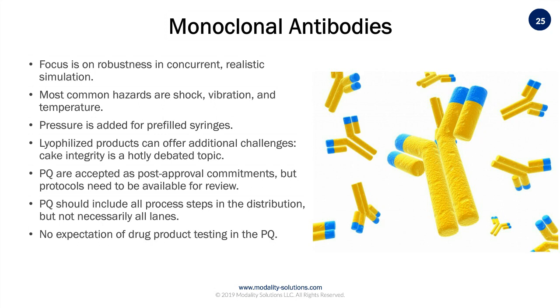The most common hazards we test for monoclonal antibodies are shock, vibration, and temperature. Now, if it's a prefilled syringe, then pressure is normally added as well. So another important consideration there. If you're working with a lyophilized product, there are some additional challenges because the cake integrity and its relationship to potential harm is a hotly debated topic. So that's something that your subject matter experts have to be able to address as you go through that for